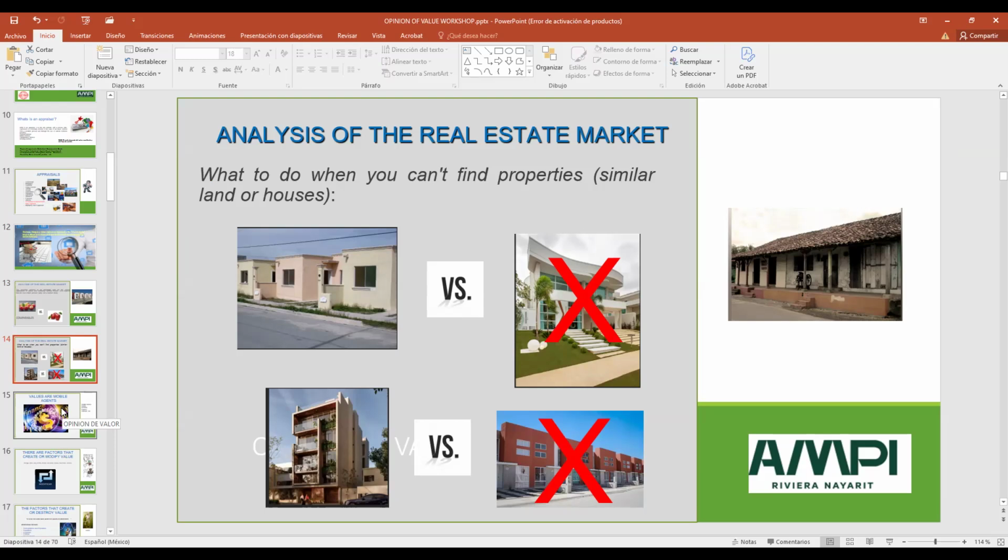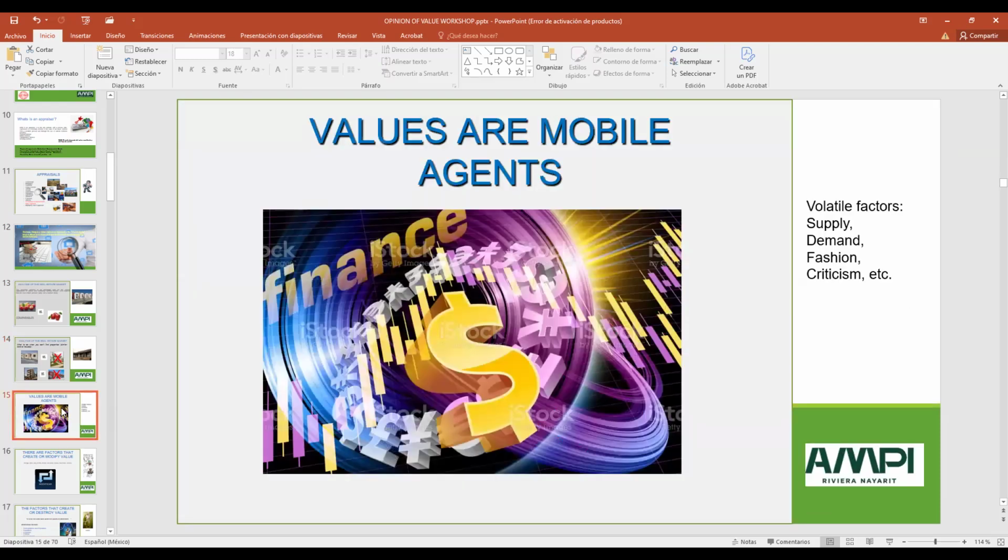Always remember that the values of real estate are mobile agents; they move. They have a lot of factors that can change the values: the supply, the demand, the fashion, the criticism.